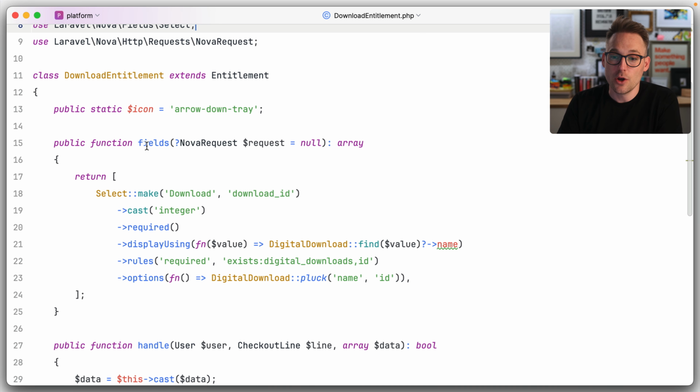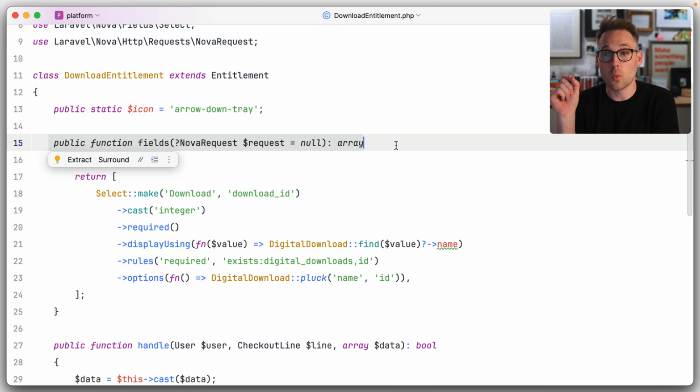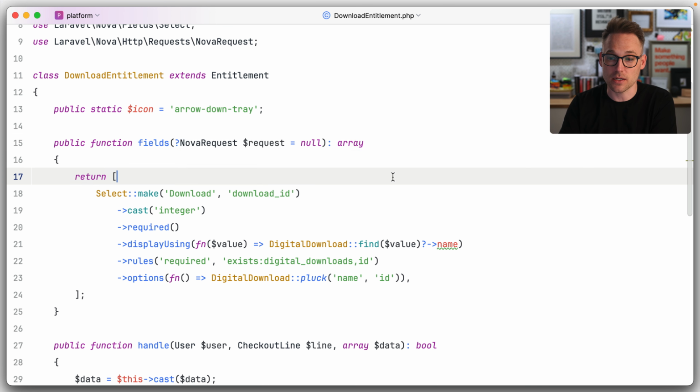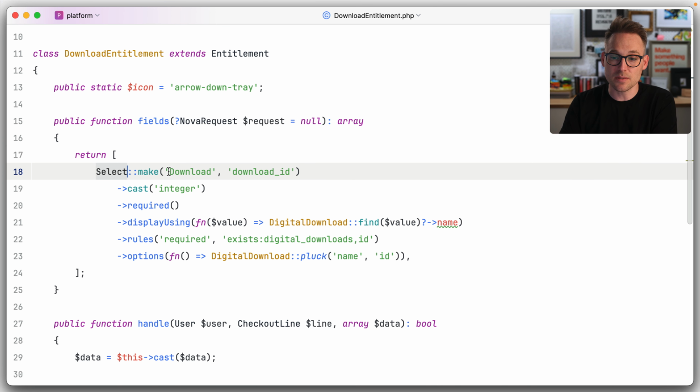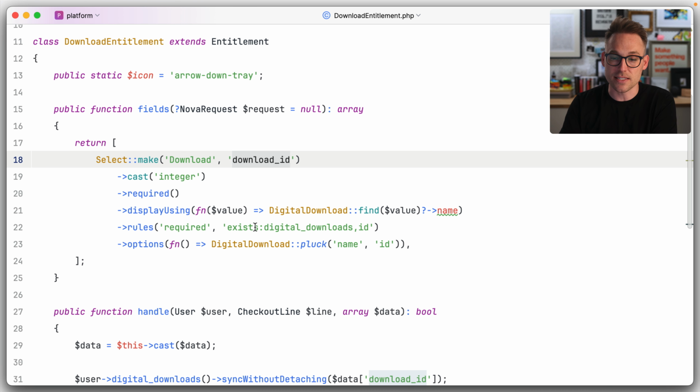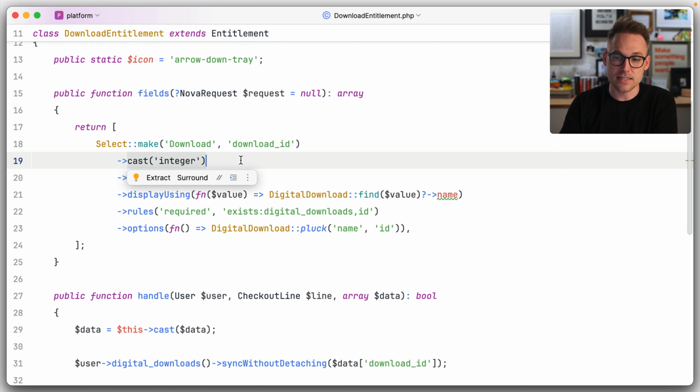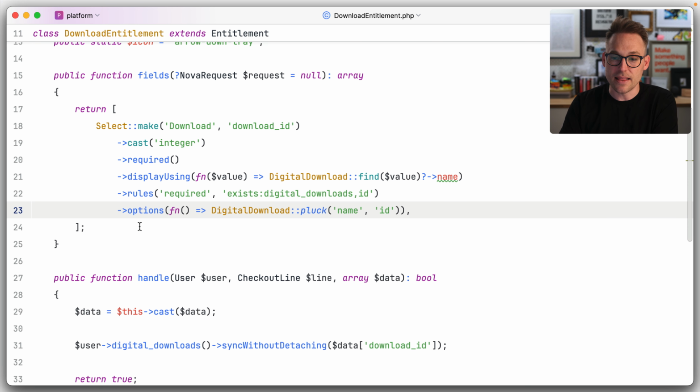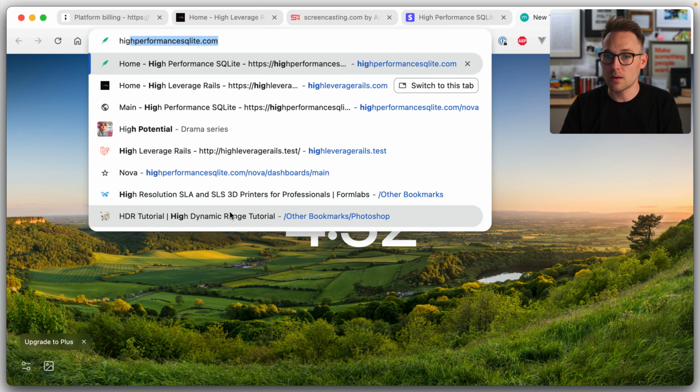So if you look here, we've got a fields method. And so this defines what the user, in this case me, what does the admin need to enter when they're attaching an entitlement to a product. In this case, we're just going to make a select box, name it download, store it as download ID. It is an integer, it is required, and then the options are all of the digital downloads. So in the admin interface, you can pick any digital download, and that goes into the entitlement. Do you want to make one? I want to make one. Let's make one. We'll go to